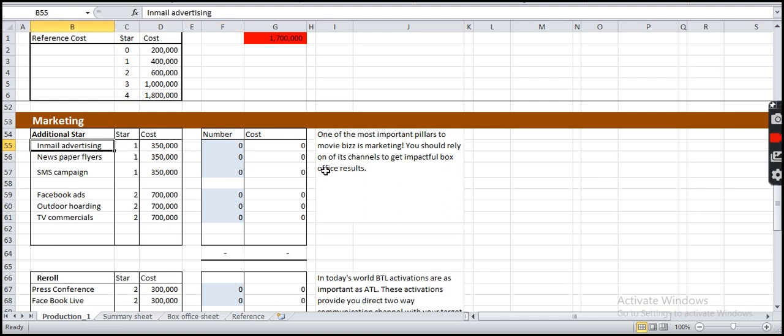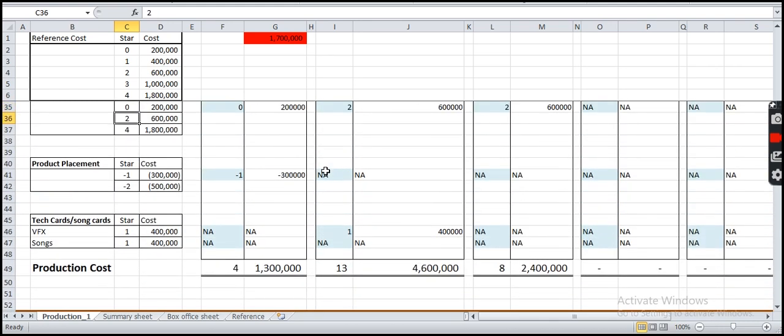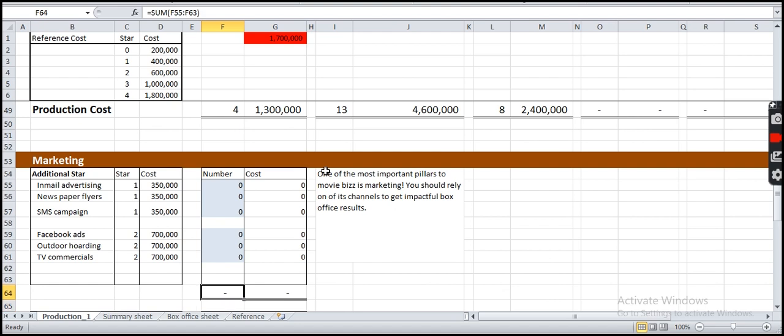For example, if I buy an email advertising and I assign it to say my movie number 1, then my star rating for that movie from 4, it will add to 5. Why? Because this marketing has helped me enhance the visibility of the movie.